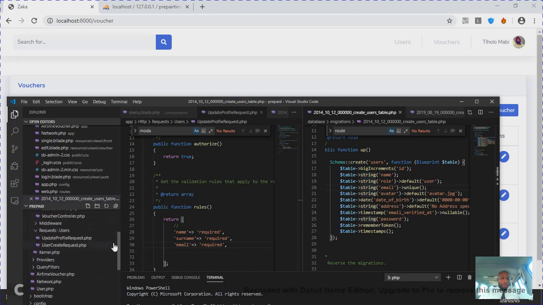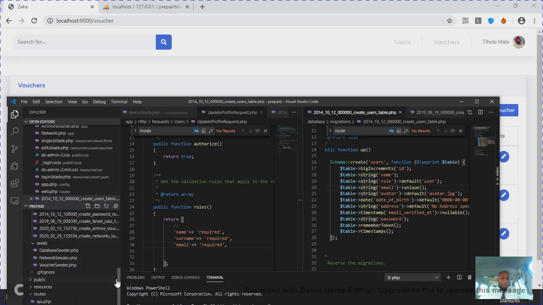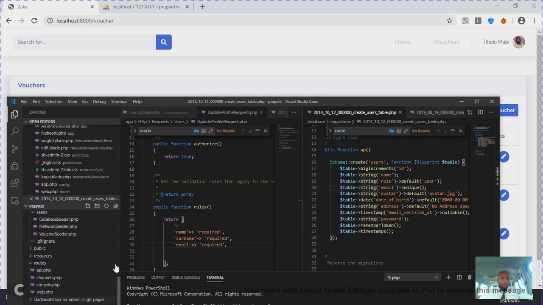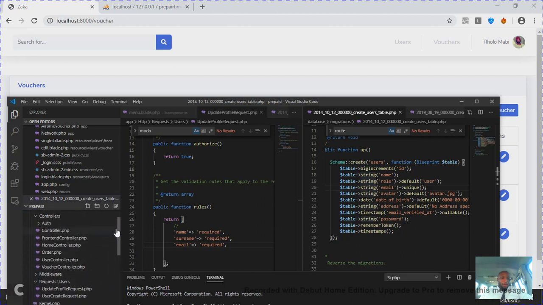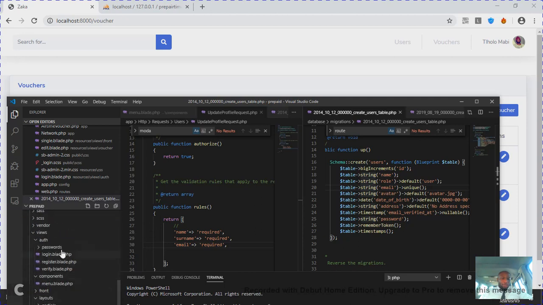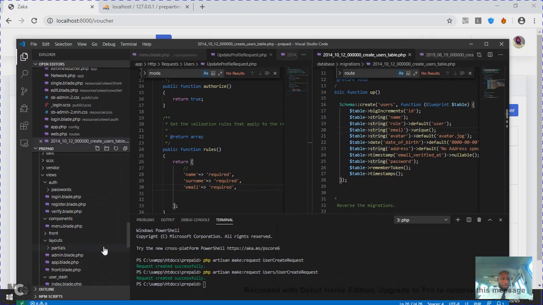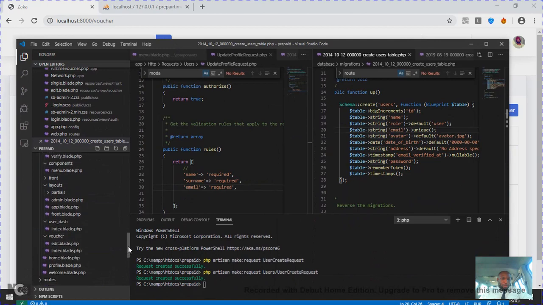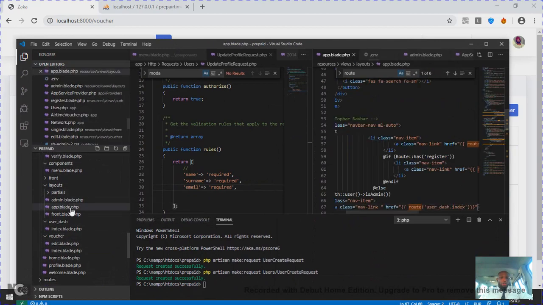I did that with this particular line of code here. Where are we? Right here in resources, layouts, app.blade.php. And if you look at the right side,